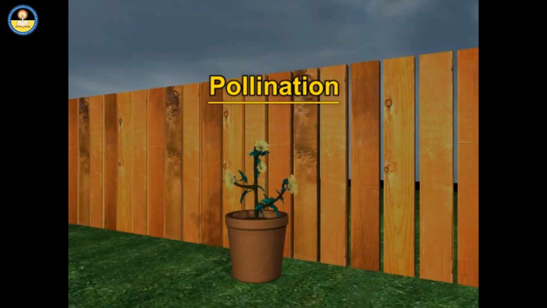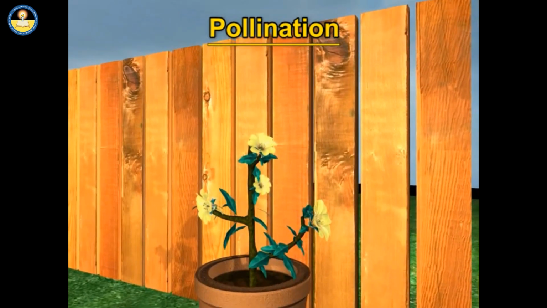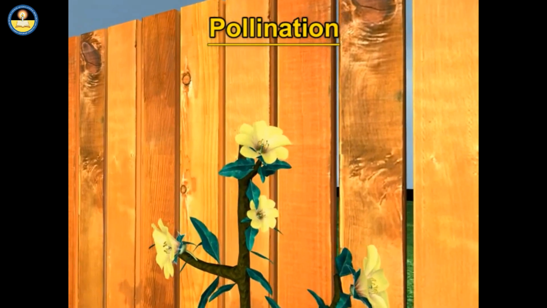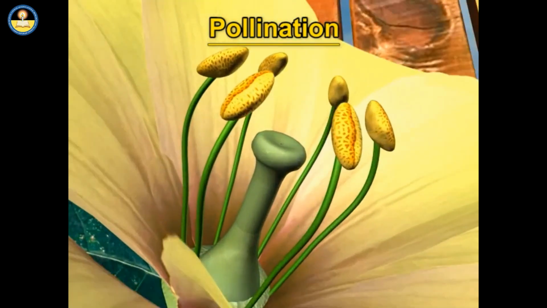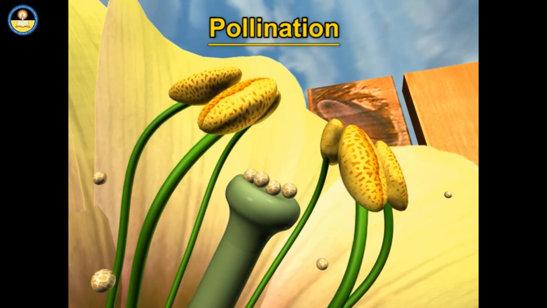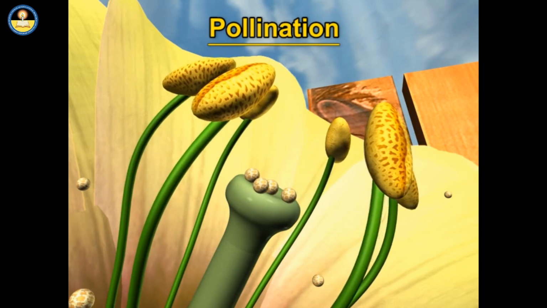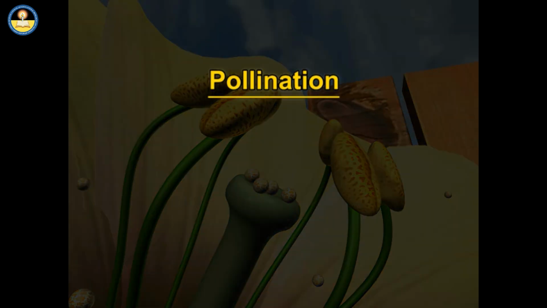Pollination. For sexual reproduction to begin in plants, the pollen grains which produce the male gametes must be transferred to the stigma. The transfer and deposition of pollen grains from an anther to a stigma is called pollination. Pollination is of 2 types: